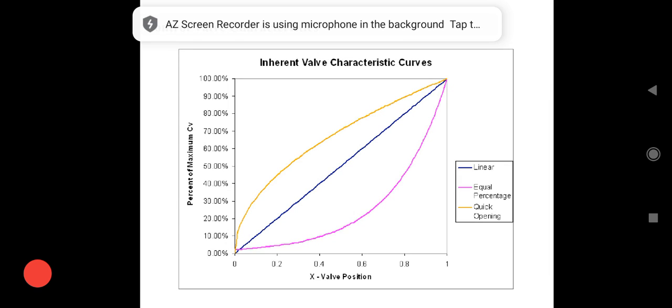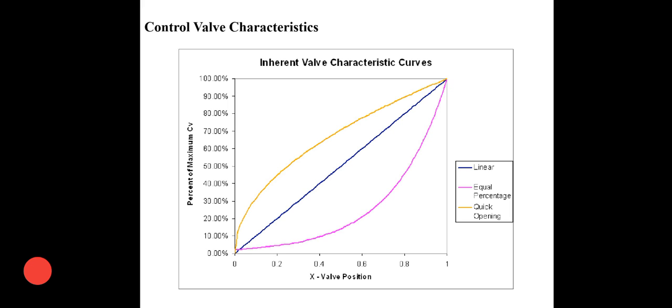So hello students. In this video we will try to learn about the control valve characteristic. Before going into the detail of the control valve characteristic, we'll analyze mathematically the relationship between the flow rate, that is the pneumatic pressure through the valve that we have given, and the displacement taken by the stem of the valve.